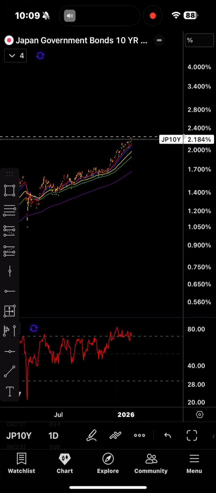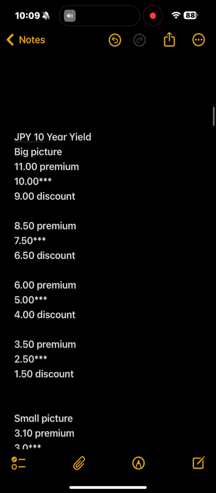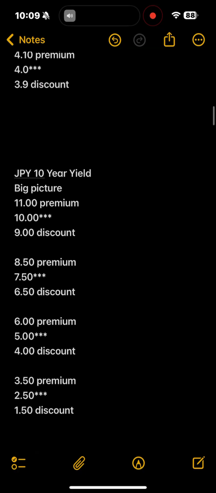Now, if the 10-year for the Japanese yen keeps going up, where is it going? From 1.5 to 2.5 to 3.5. And then it's going to make a decision once it gets to the 3.5. Is it going to come back to 2.5 and then go through 3.5, go to 4%, then 5, and then 6? Because that's how it moves. It doesn't matter which way it goes. It's going to follow the scale as the scale is presented.